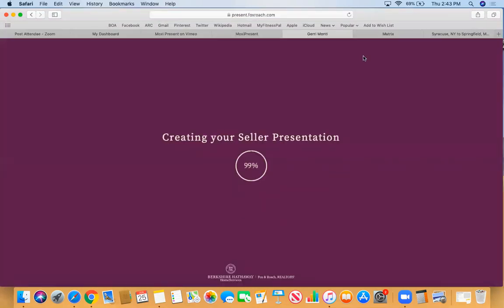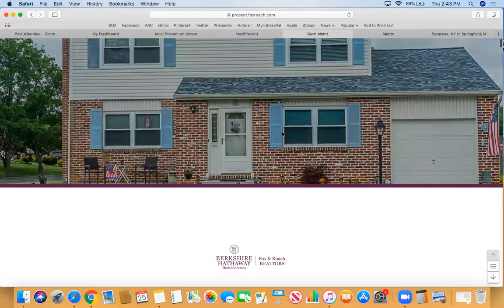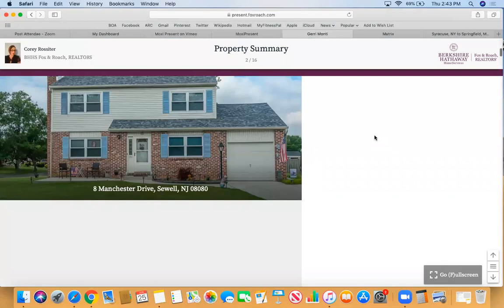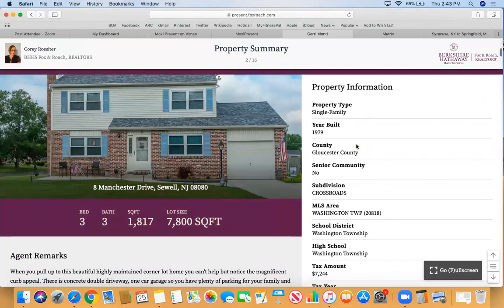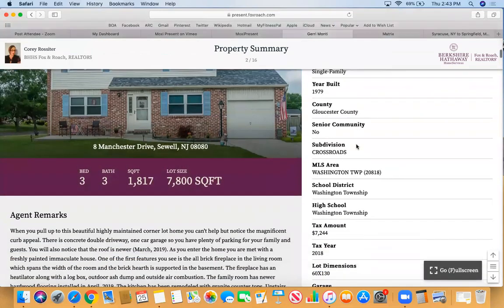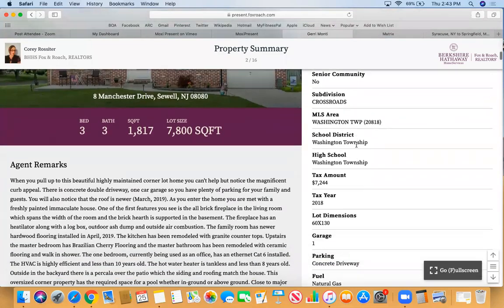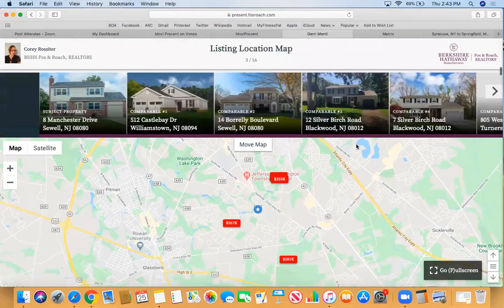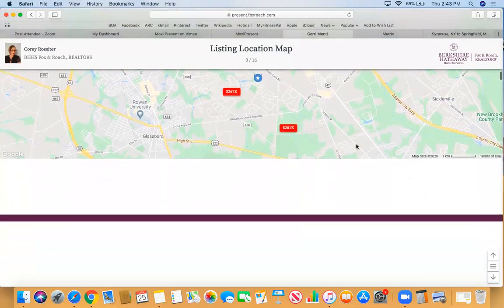So you could just share your screen in Zoom with your potential clients, okay? And then open it up and just show them right here. This is what it looks like. I will email you guys the link to this report when we're done with our presentation so you have it, but I just want to take you through, explain what everything is, and there you go. You're now doing a presentation live via Zoom